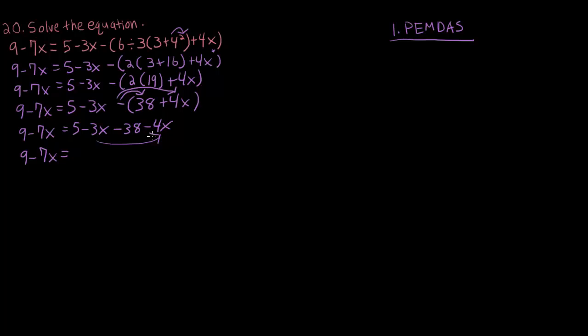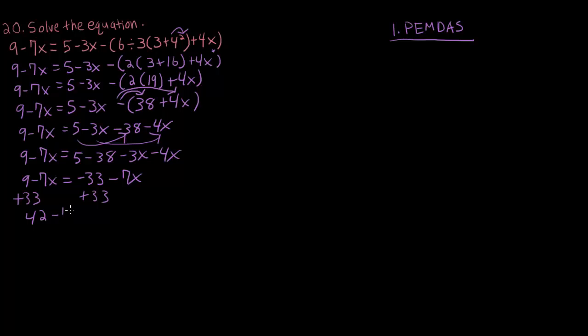Now let's just go ahead and group the like terms together. So 5 minus 38 minus 3x minus 4x. So 9 minus 7x equals 5 minus 38 is negative 33. Negative 3x minus 4x is negative 7x. And if we want to get x by itself, let's add 33 to both sides. We end up with 42, or 9 plus 33 is 42 minus 7x equals